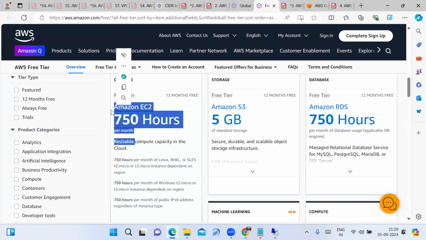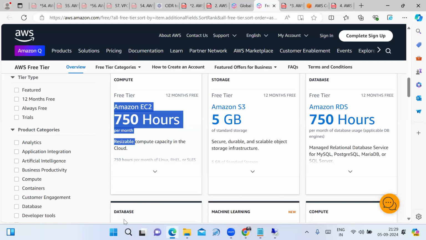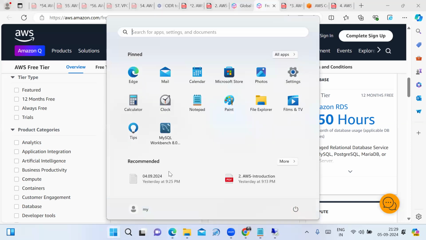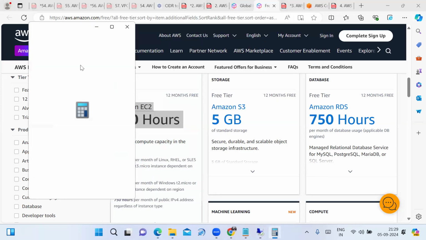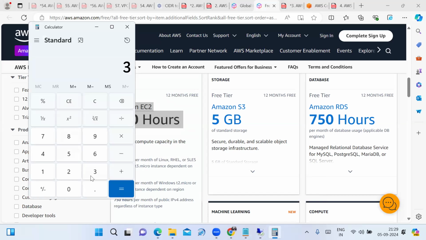750 hours. Suppose you run your application and you are using 3 machines. See, per month, how many days? 30 days, sir. Per day, how many hours? 24 hours. So that is 720 hours.